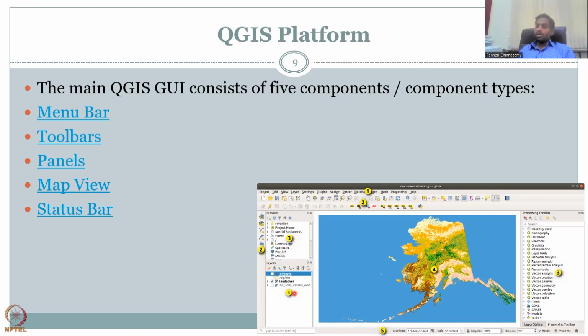And from the layer panel, it gets projected into the mapping area. Also note that along the side, some of you will have a line here where tools are there. These tools are the same as these tools, and these tools are the same as file view tools. Please note that you are going to use only one toolbar. So it will be good to bring this out and put it here so that you save a lot of